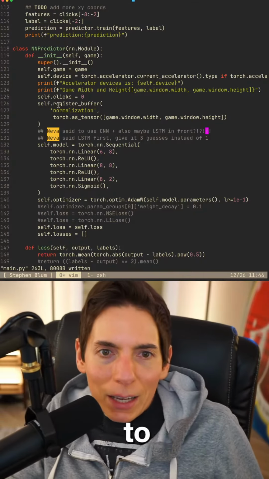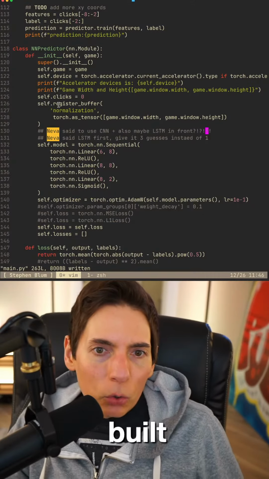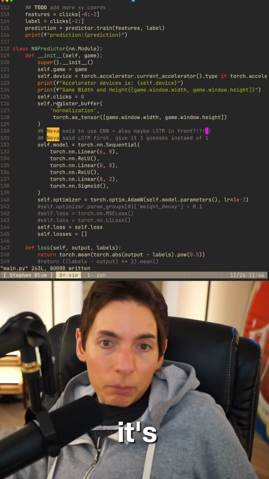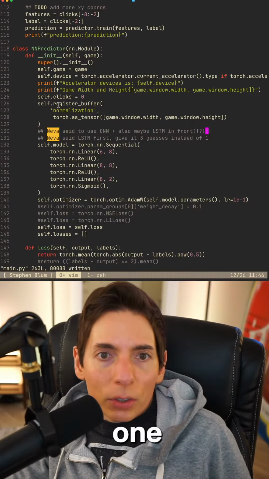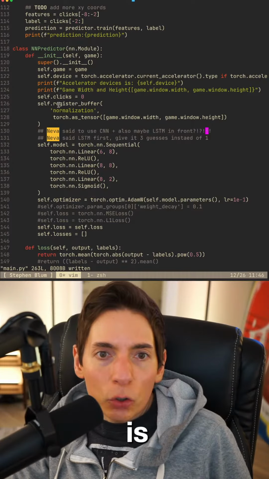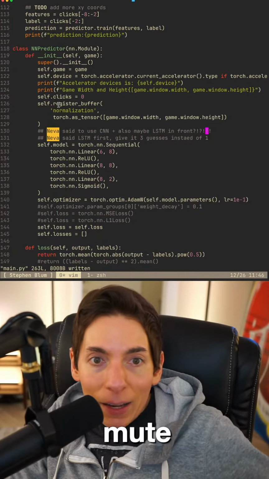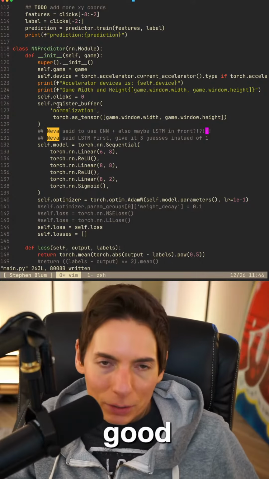I really want to make a game, guys, isn't it? Oh, games are great. I love games. System you built, use color to tell a narrative. That sounds like a good theme. It's a good theme. Let's see, one area is color, and you progress colors and mute, and then the system degrades. That sounds like a good progression.